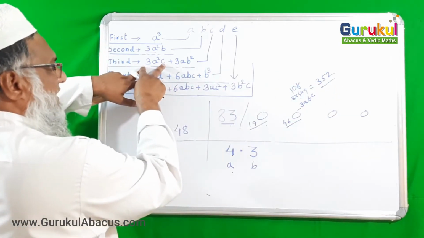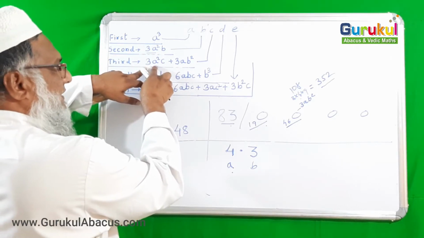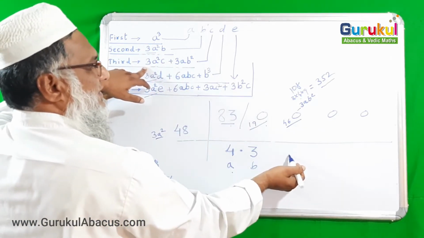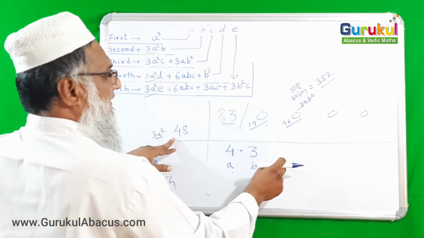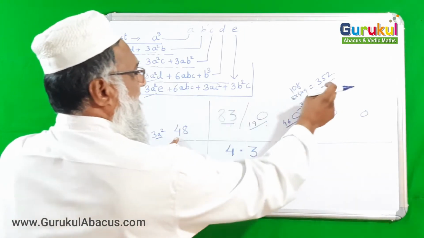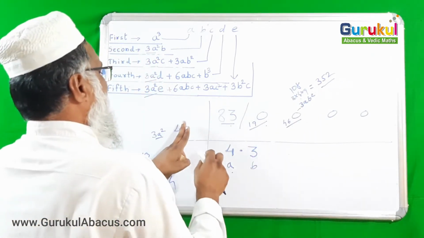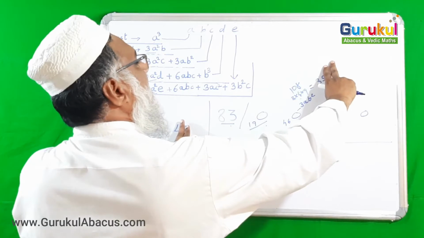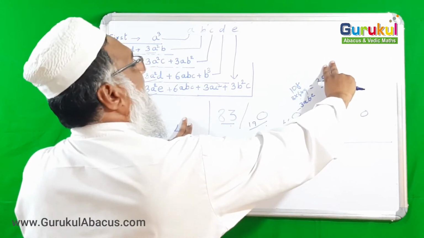And now it is 352. So if we divide by 3a square, what would remain? That would be our c. So by dividing we will get c. So 48 words are... One digit from here I am hiding, but it is very close to 50. So 5s I am trying.